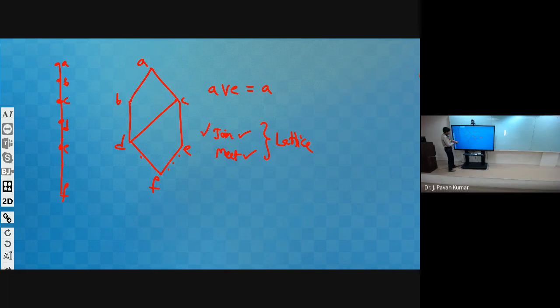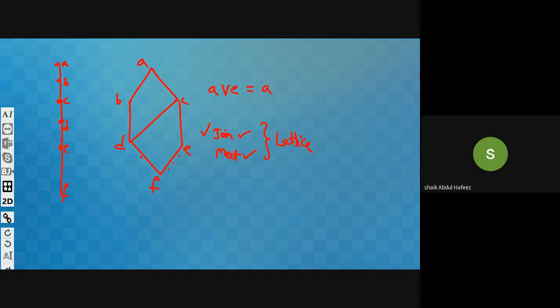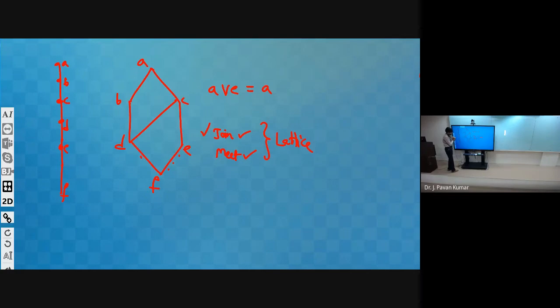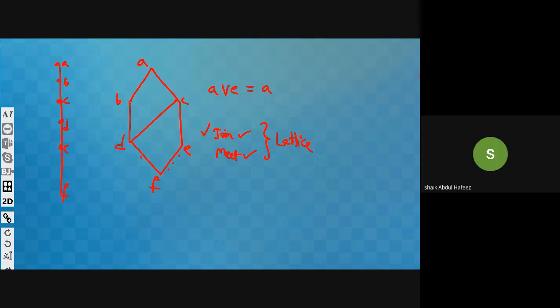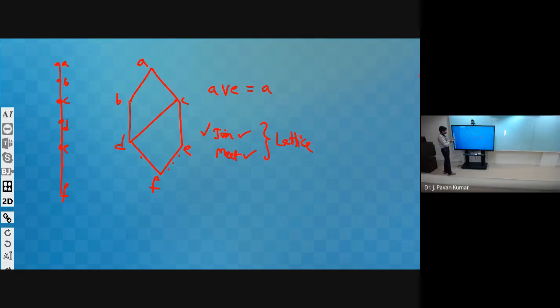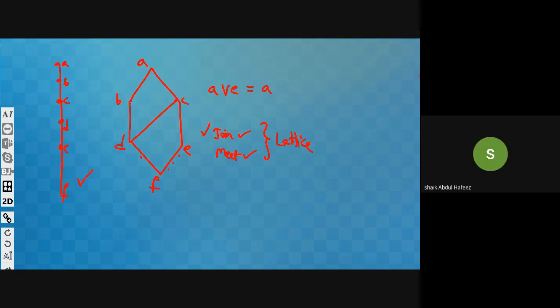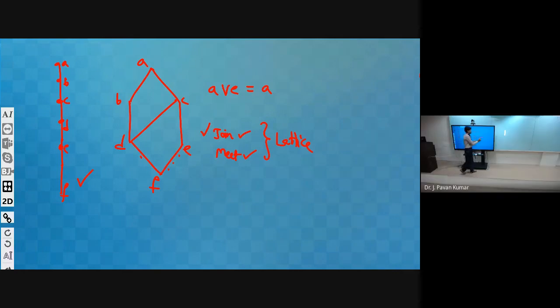Next, consider meet. Whether we are having meet for A and B. AB, yes, sir. BC, yes, CD, yes, and AC meet is there or not? Yes, sir. DF meet is there? Yes, sir. So we are having meet for every pair of elements. So can we consider it as lattice? Yes. In general, directly how we can find it is one clue.